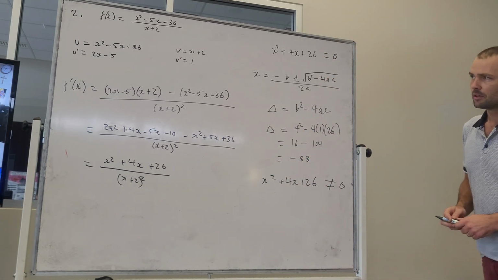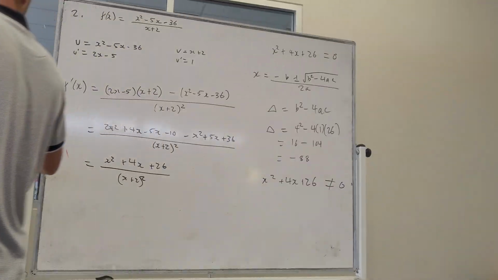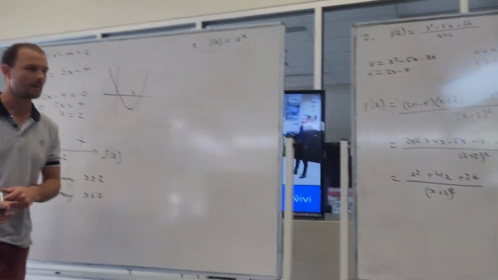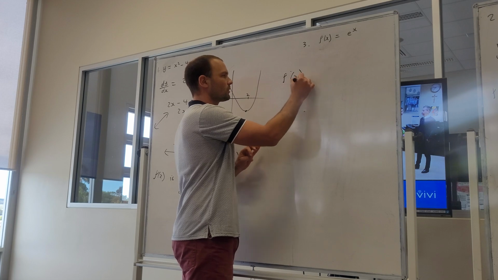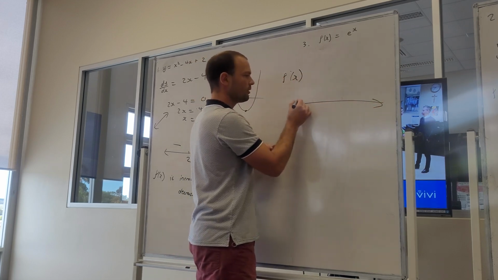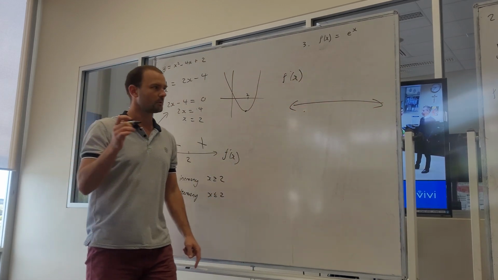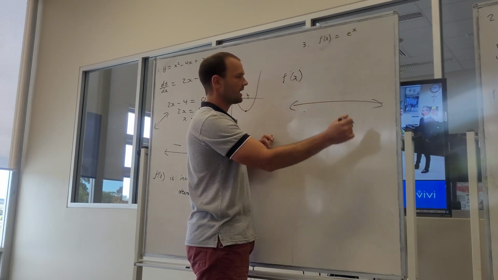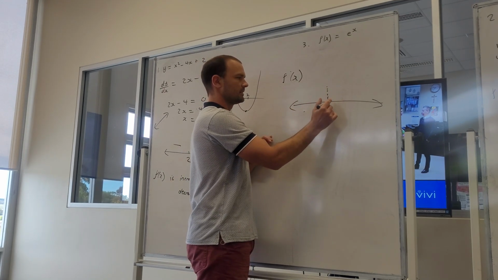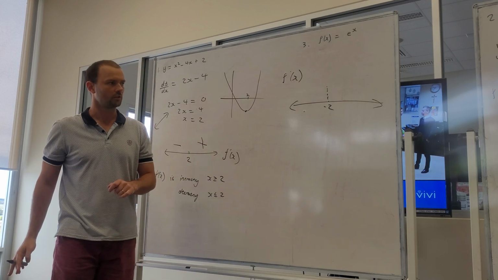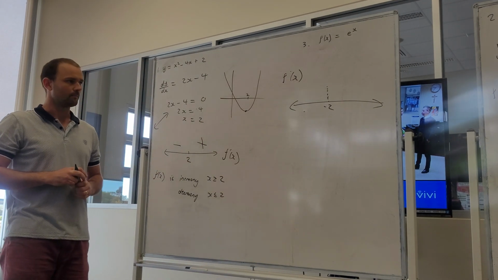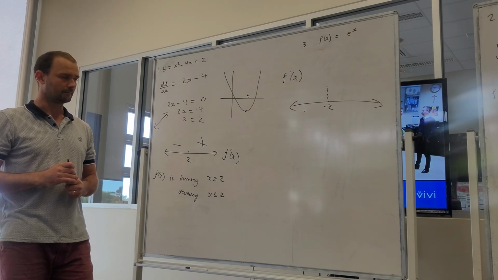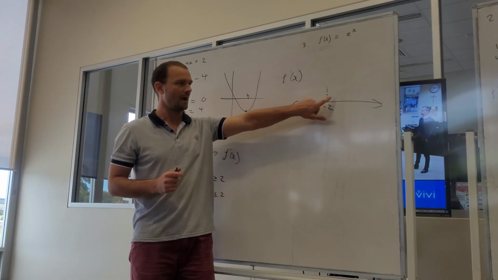Okay, so then I might jump over here. Okay, so now let's think about the sign diagram of the derivative function. If we're going to draw its sign diagram, we know there's no roots, but there is one point of interest, which is the asymptote at x is minus 2. So we denote an asymptote with a dotted line. And then we want to know where is it positive and where is it negative. Okay, so remember the way we do this